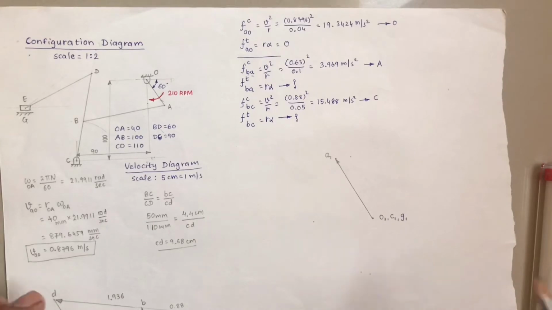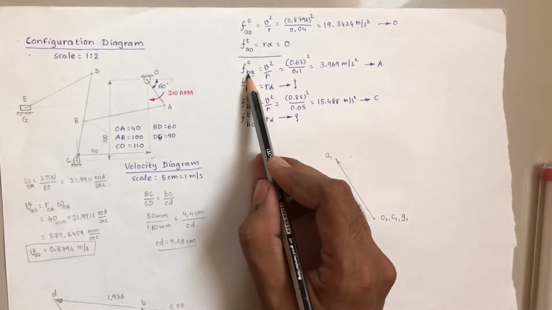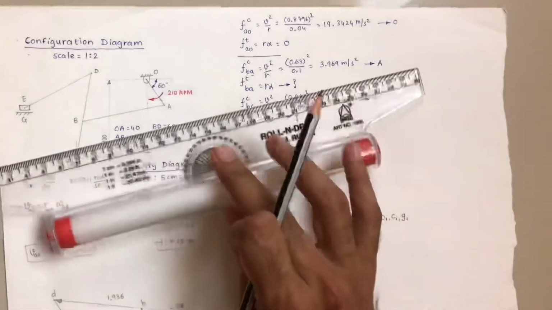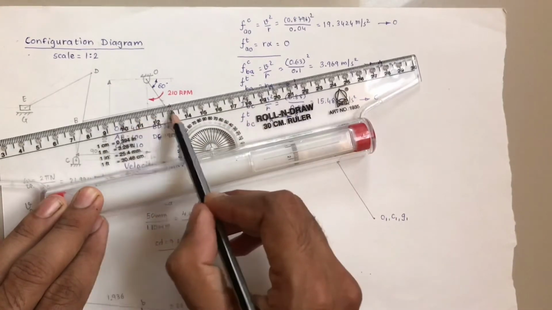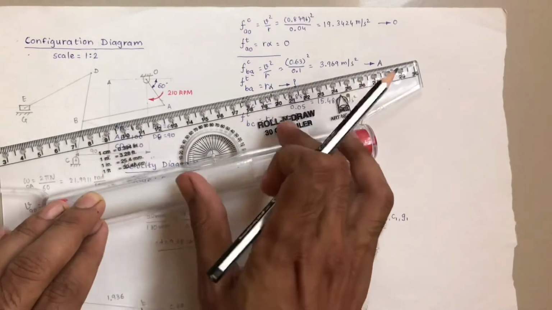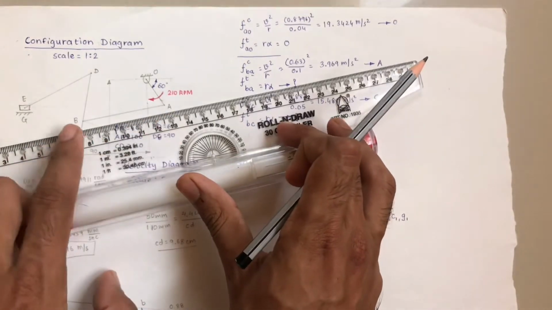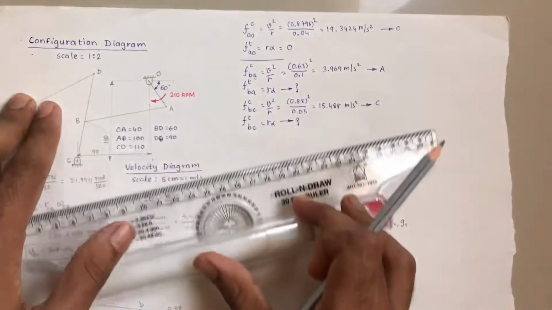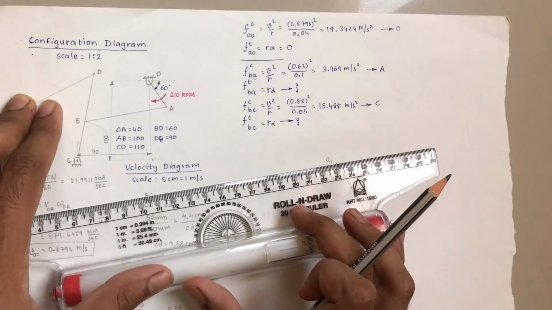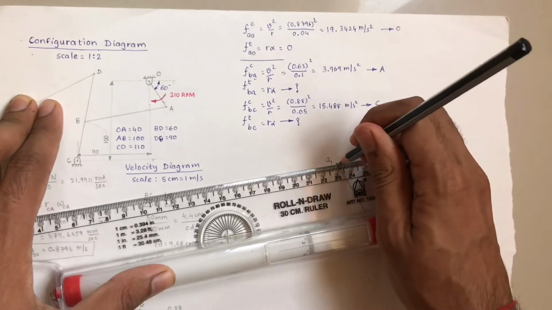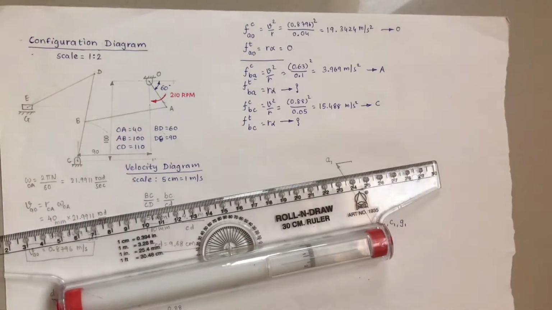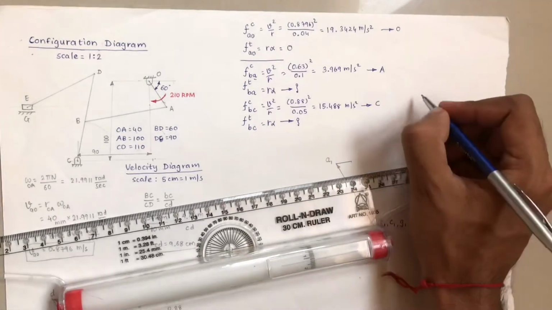Now let us see the acceleration diagram. The centripetal component of BA is parallel to BA, so I keep the scale parallel to BA, and it is towards A, meaning towards the right side, because the A point is to the right of B. From either A1 or B1, we don't have B1 point, so I will draw from the A1 point. So here is the A1 point, and this is equivalent to 3.969, but I assumed the scale with division by 4, so actually 1 centimeter represents 4 meter per second square. So let's write the scale also.